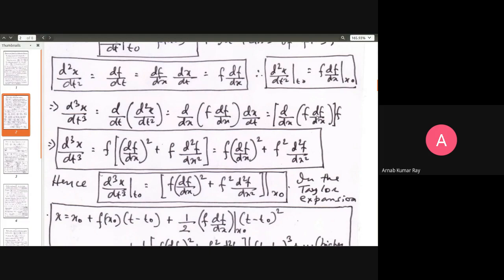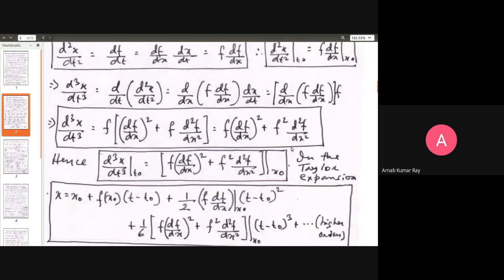d/dx of f, first, just the product rule, taking the derivative of that. So df/dx times df/dx will be (df/dx) squared plus f times d2f/dx squared. This is just basic calculus that we are doing. So f (df/dx) whole squared plus f squared d2f/dx squared. As you can see, the third thing required some workout. So d3x/dt cubed at t naught is equal to f (df/dx) whole squared plus f squared d2f/dx squared